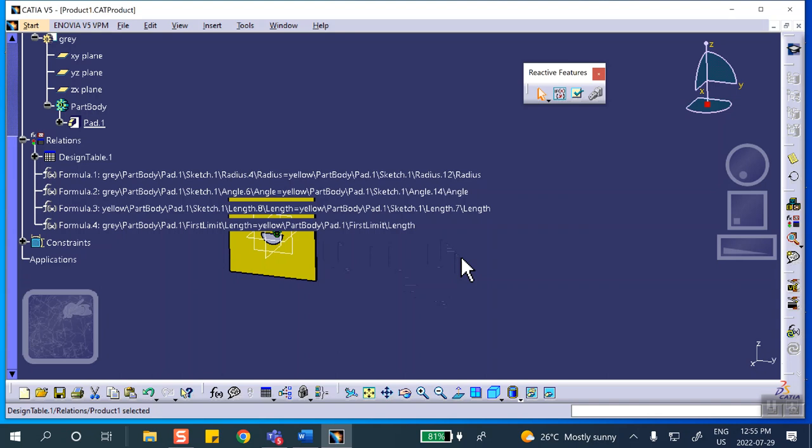There is a part which can be parameterized or done with a design table. There's an assembly which can be parameterized or done with design table. And that